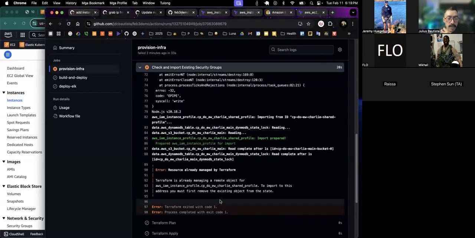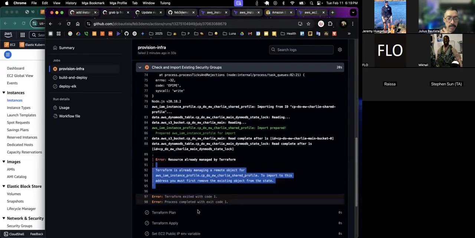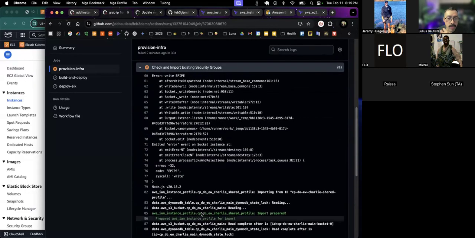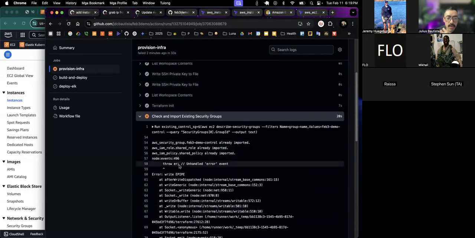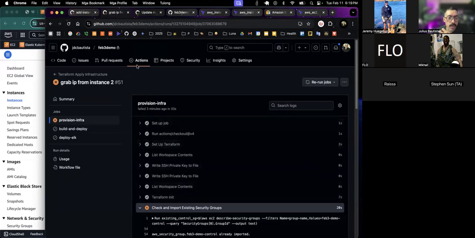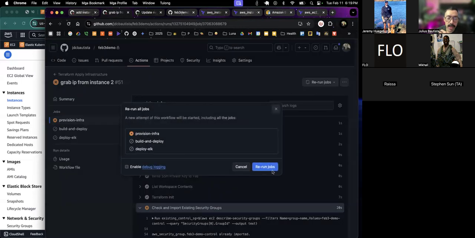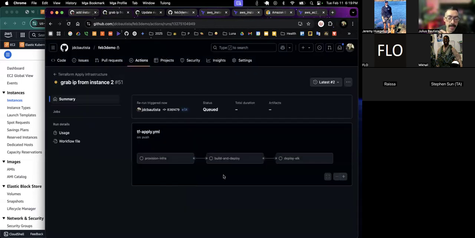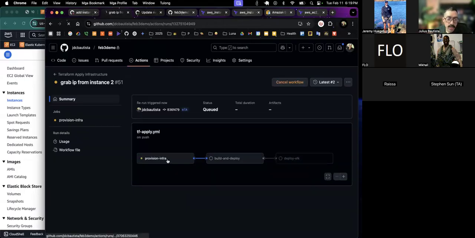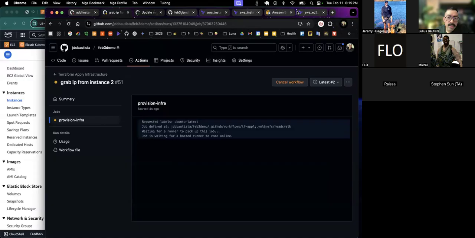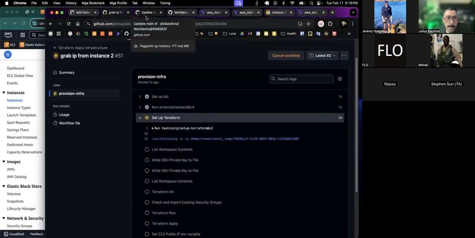I don't know why it's complaining about having already imported it when it imports it every time we run. So I don't know. I'm gonna rerun this without making any actual changes because I suspect this might not be an actual issue, just because I've seen it before, right? So let's let that run